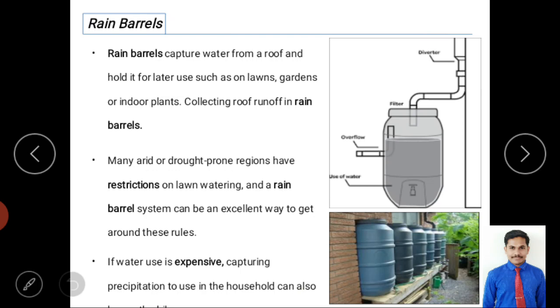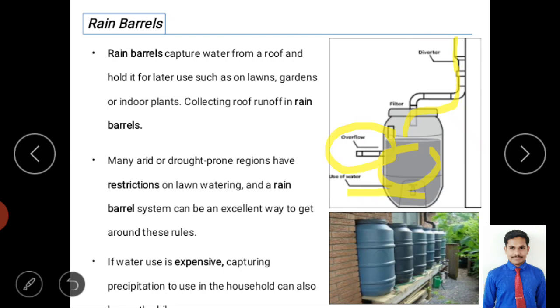But here we are collecting from the rooftop, the same as the rooftop method, but instead of storing underground or making the infiltration, we are collecting in a barrel. You can see in the image how we are collecting. First the conduits, then after the conduits a filter is provided. After the filter, water is stored in the barrel. Then you can use water with the tap, and we can also remove overflow of water.